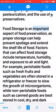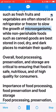Food storage is an important aspect of food preservation, as proper storage can help prevent spoilage and extend the shelf life of food. Factors that can affect food storage include temperature, humidity, and exposure to air and light. For example, perishable foods such as fresh fruits and vegetables are often stored in a refrigerator or freezer to slow the growth of microorganisms, while non-perishable foods such as canned goods are best stored in cool, dry, and dark places